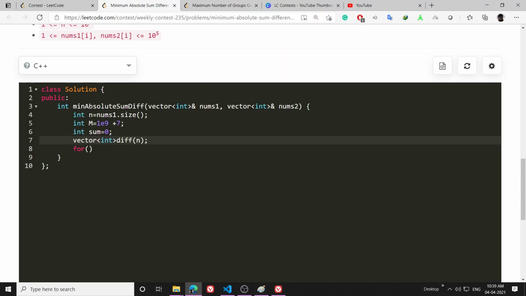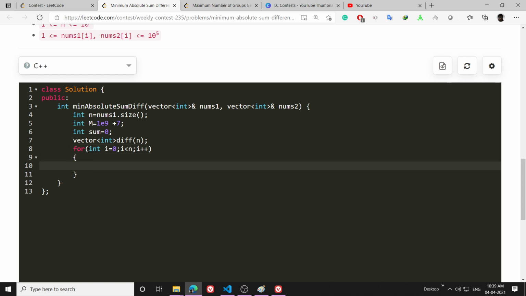So let's make it. For int i equal to 0, i less than n, i plus plus, and diff[i] will be the absolute value of nums1[i] minus nums2[i].